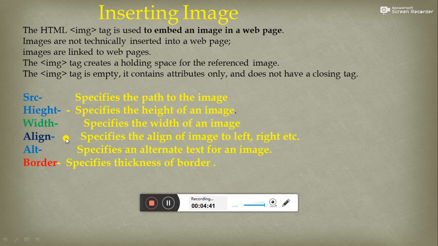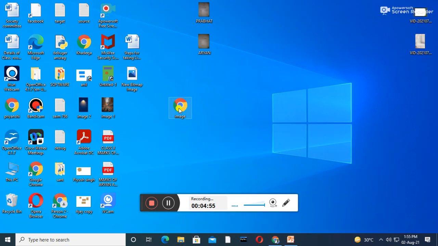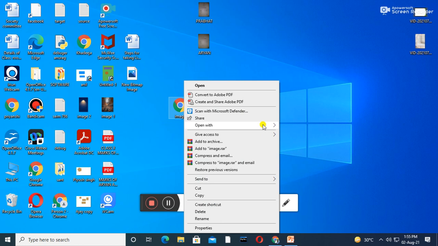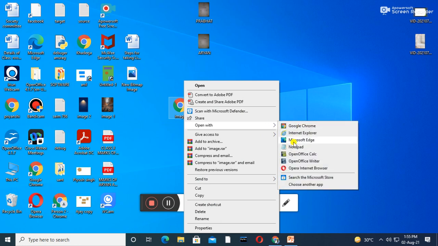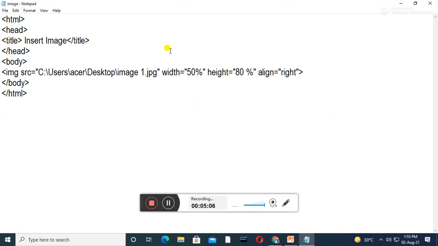Now I am going to show you the practical things, how to use this. One file I have already made. I have also shown you in the live class. Now see again, I am showing how to use these tools. Okay class, now look here. First we all know that we start our program from the HTML tag.